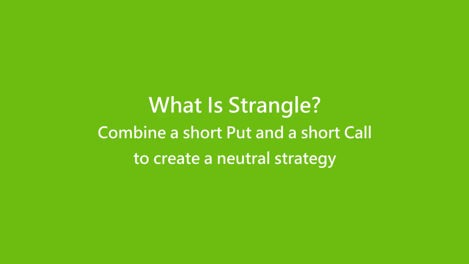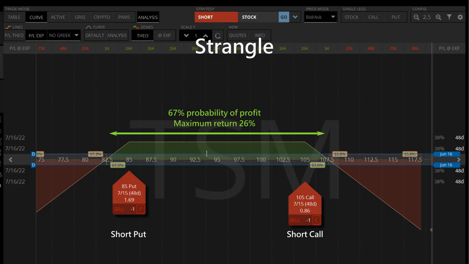A strangle is the combination of a short put and a short call to create a neutral strategy. The trade is profitable if the stock price doesn't change very much. The short put defines the lower boundary of the stock price. The short call defines the upper bound of the price movement. As long as the stock price stays between the strike prices, the strangle options will expire worthless, resulting in profit